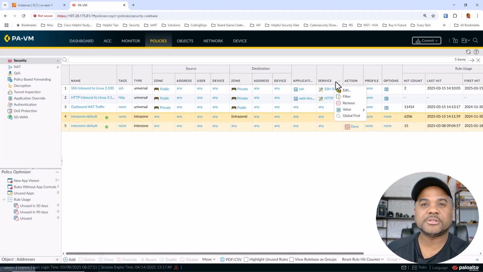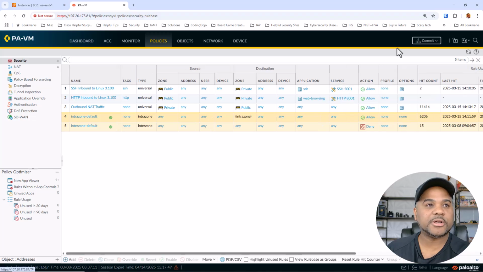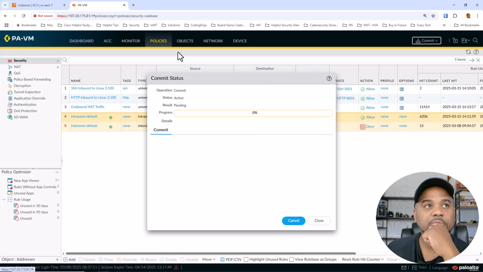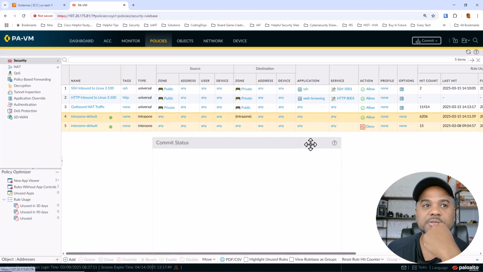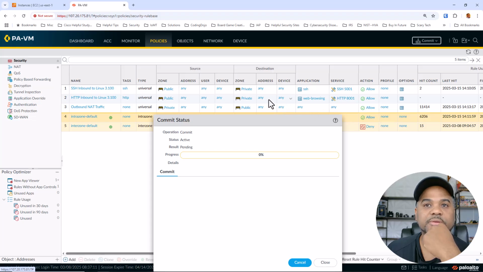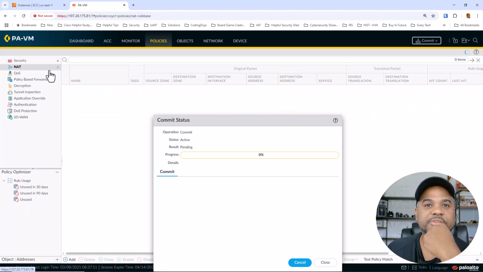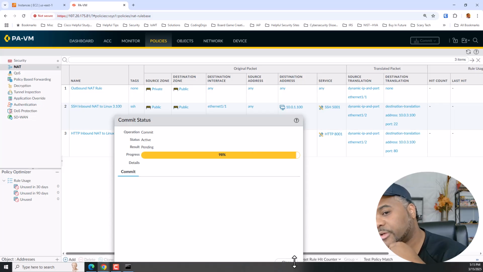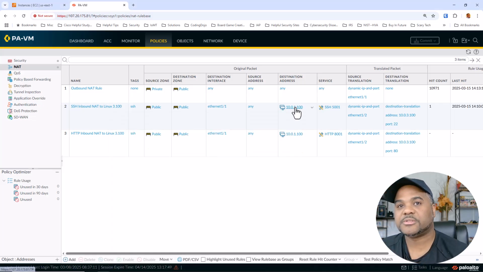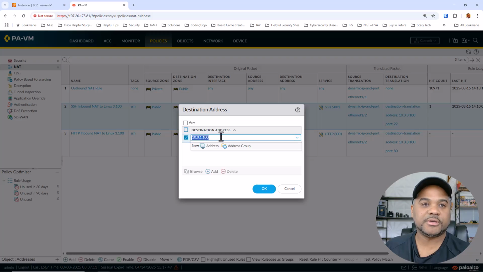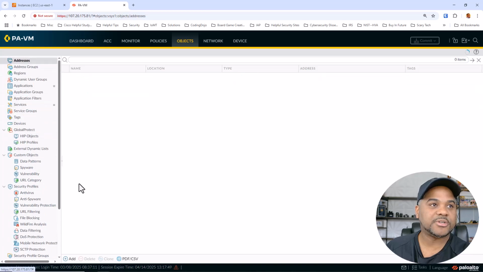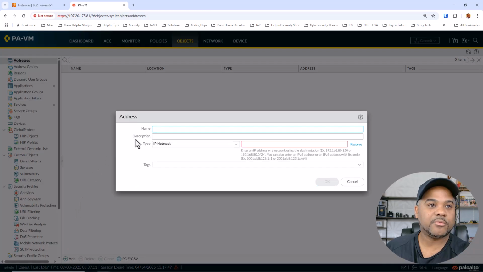Let's, what am I doing? Widening the columns. So we'll commit that as well. And we honestly should be in service. But after this, again, like we noted, in production, to make this a wee bit better, instead of putting IP addresses here, we could, let me close this. Let's just copy this IP 10.0.3.100, and we can call it what we want, but we can come to Objects, Addresses. Let's add one, and we'll name this,